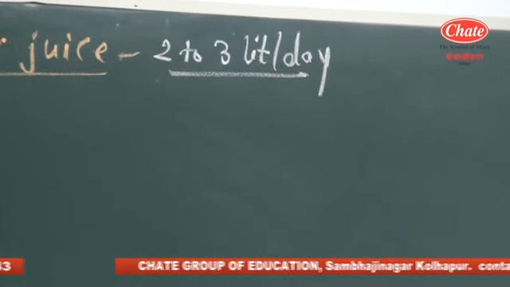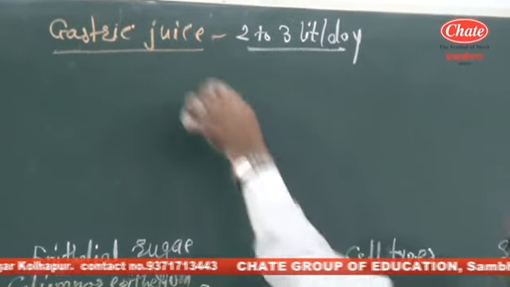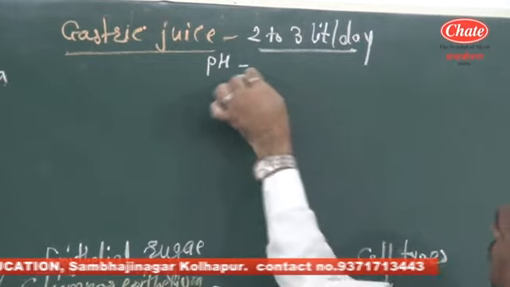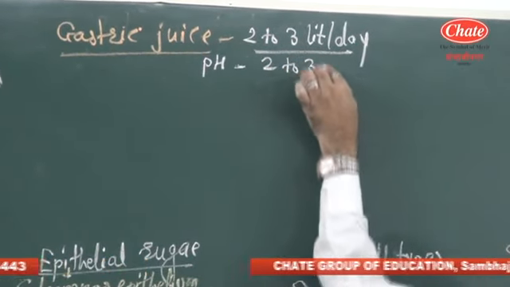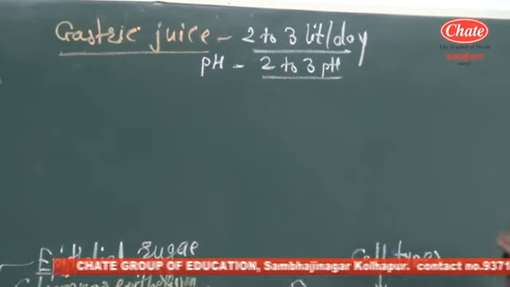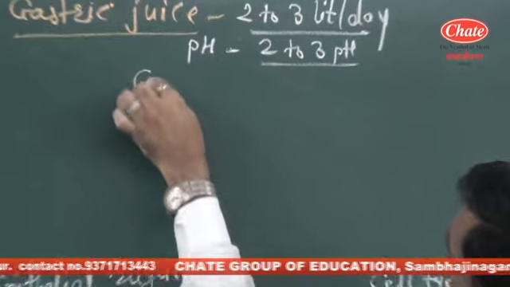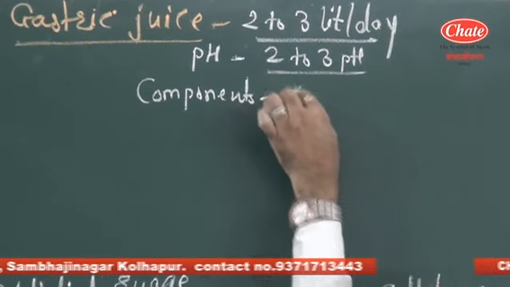The amount of gastric juice secreted by gastric glands per day is 2 to 3 liters. The pH of gastric juice is acidic, 2 to 3 pH. While the components, gastric juice consists of water,